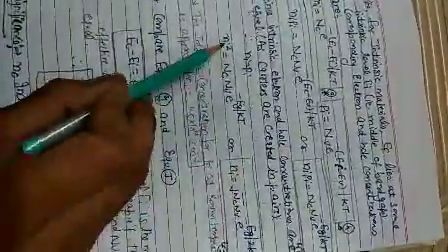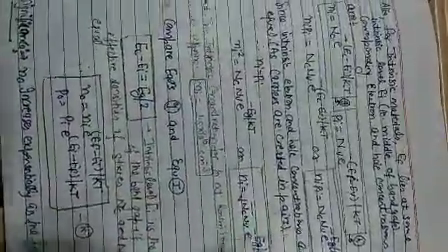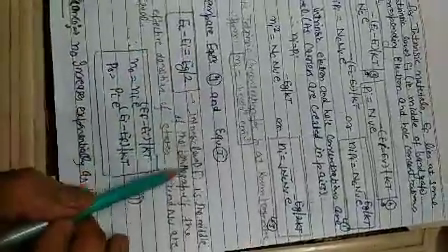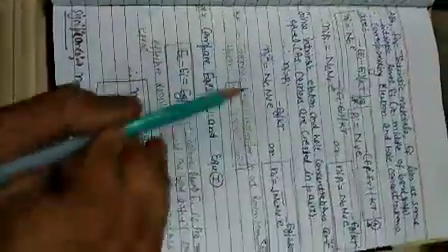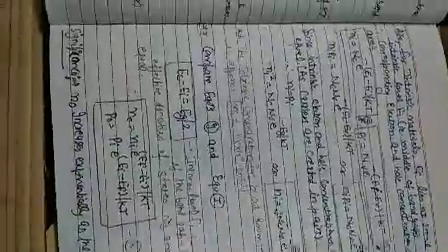Just taking the square root on both sides, we get this one. What it indicates is that Ec minus Ei is equal to Eg by 2. This is a very interesting fact: the intrinsic level Ei is the middle of the band gap if the effective densities of states Nc and Nv are equal. And one more thing to keep in mind: the intrinsic carrier concentration for silicon at room temperature is approximately 1.5 into 10 to the power 10 per centimeter cube.